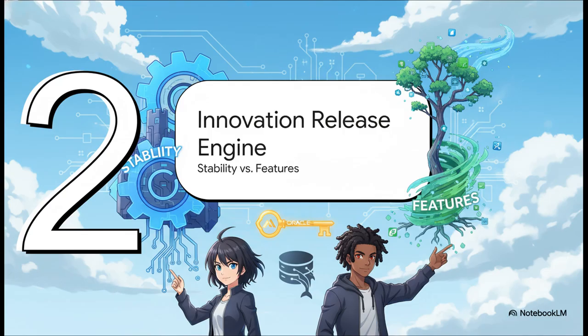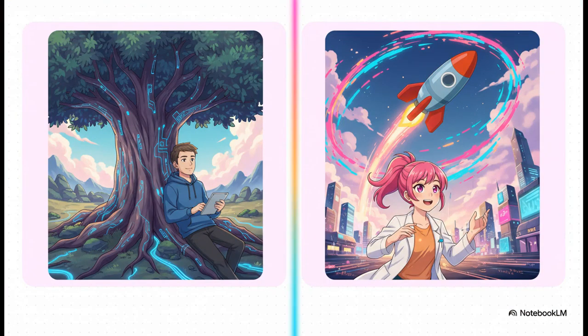Okay, so how does this adaptation thing actually work today, in the real world? Well, the answer comes down to Oracle's strategy for moving MySQL forward. They've got this really interesting dual release model they call the Innovation Release Engine. And what this does is give you a choice, and it's a really important one. On one hand, you've got your long-term support releases, the LTS versions. Think of these as your rock-solid, super stable foundation for those mission-critical apps you just can't afford to have go